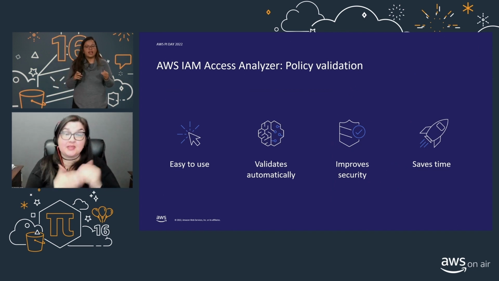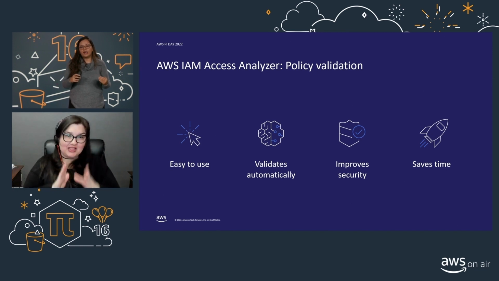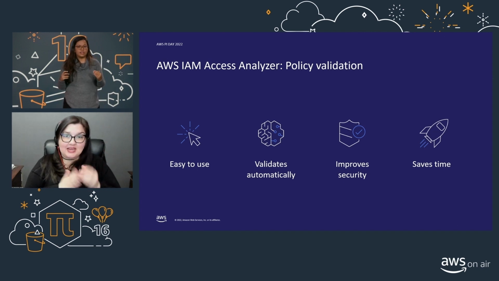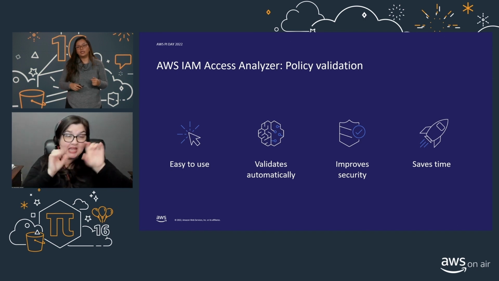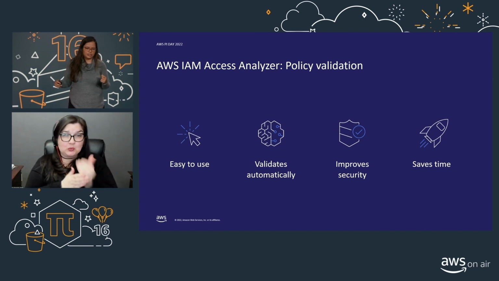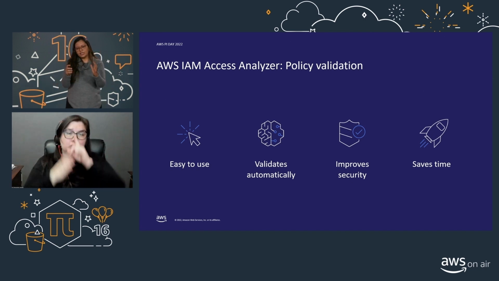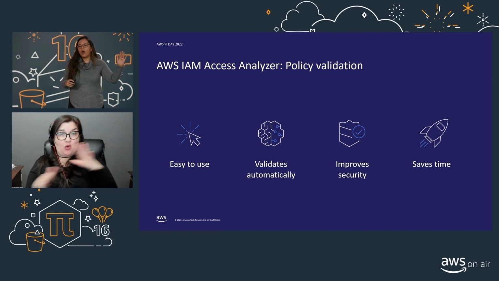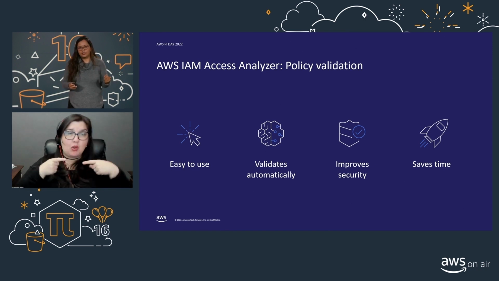Next is policy validation with Access Analyzer, and this feature guides you to author and validate secure and functional policies. It comes with more than 100 policy checks, and you can use these checks while you are creating these new policies or to validate your existing policies. You can use this feature to confidently check that your policies provide intended access before they're attached to IAM principals or S3 buckets. And this saves you time and improves your security posture while simplifying permission management at scale.